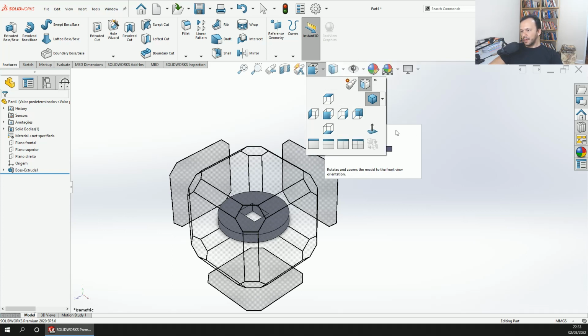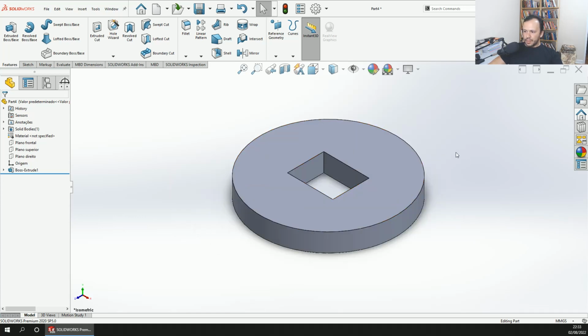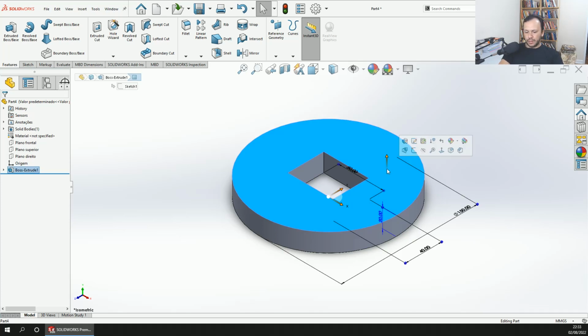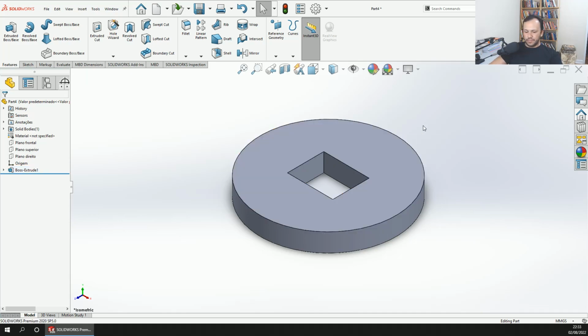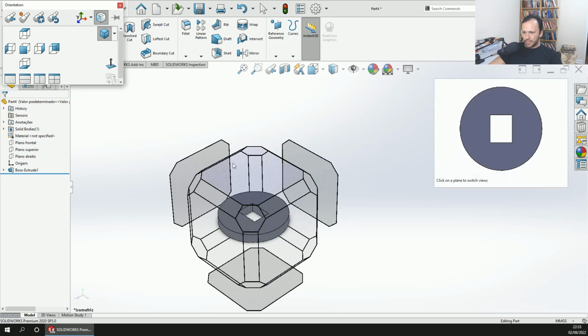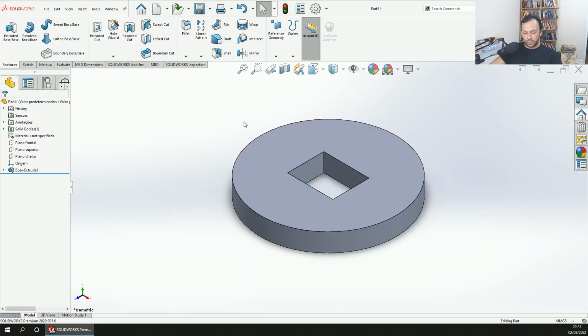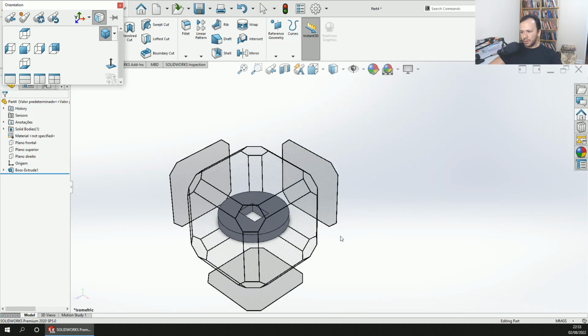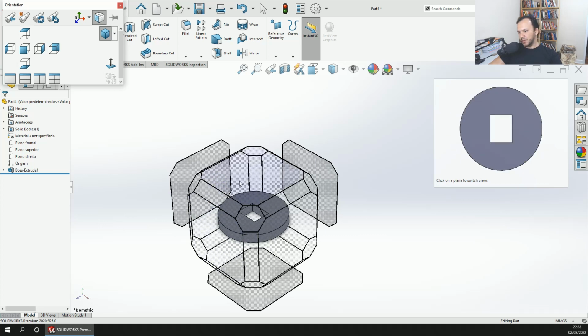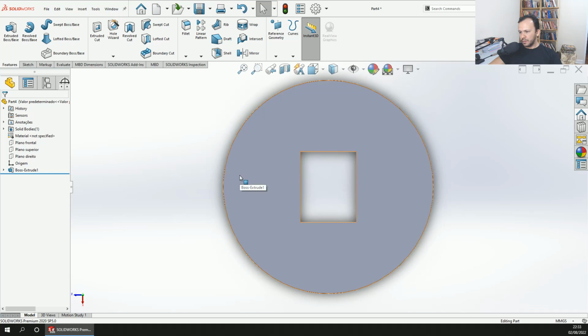But if you want to change, let's put this face to the front plane. Okay, let's change this face here to front. To see this visualization right here, to change it, just tap the space bar on your keyboard. Okay, select space and you can see this box that lets you quickly see the perspective you want to see your part. If you choose this one, I'm going to put normal to this plane just for you to see,